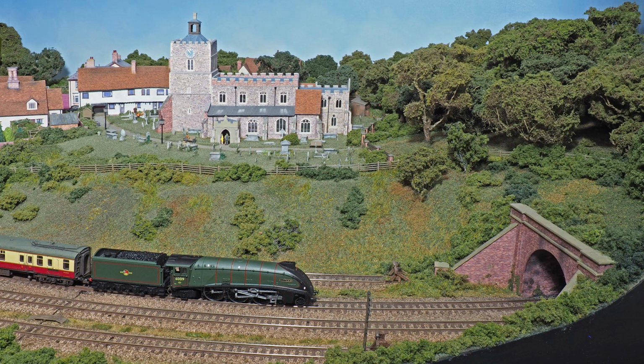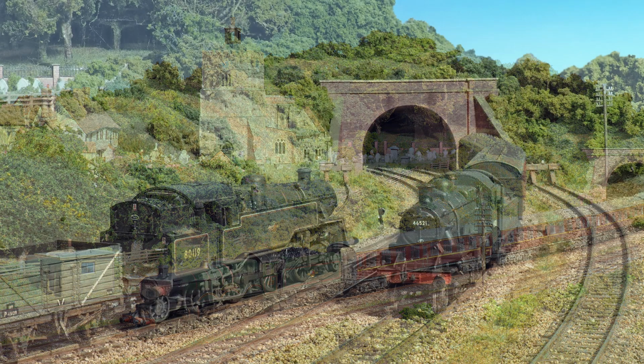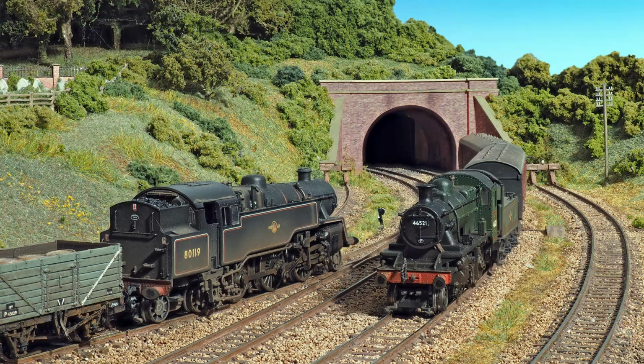Time to see photos of more passing trains, starting with an A4, Wrenton, followed by a visitor from the Western Region, a Castle. With a low camera angle, the tunnel forms a nice backdrop for a BR 4MT and an IVATT 2MT, and slightly